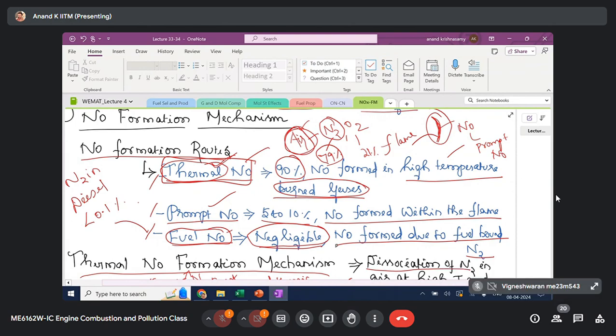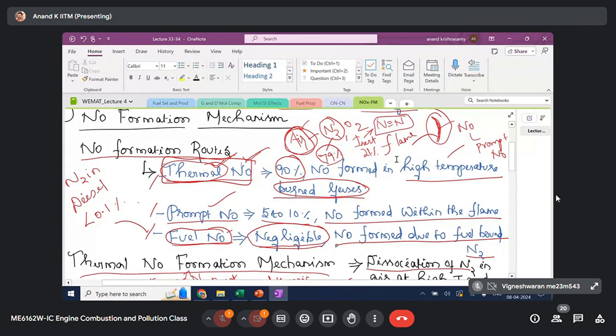But the only favorable feature here is that in air, nitrogen is a stable molecule, because nitrogen consists of a triple bond. One nitrogen atom is connected with another nitrogen atom through a triple bond. Because of this, it is a very stable molecule. We also call this an inert species. From a chemistry perspective, nitrogen is referred to as inert because it won't undergo chemical reaction readily. This is one favorable feature that restricts NO formation in an internal combustion engine. Nevertheless, thermal NO is a major source.